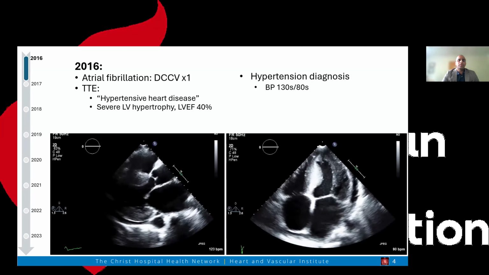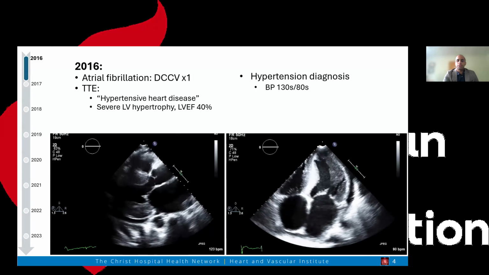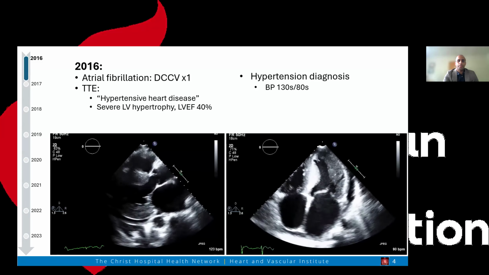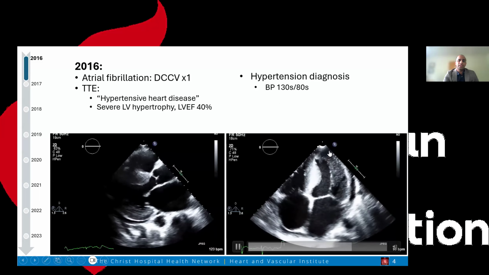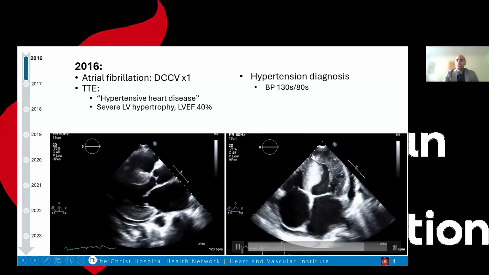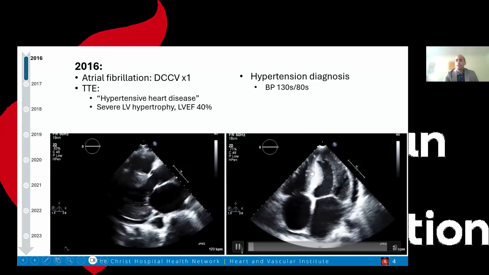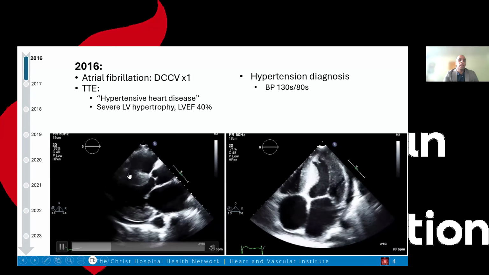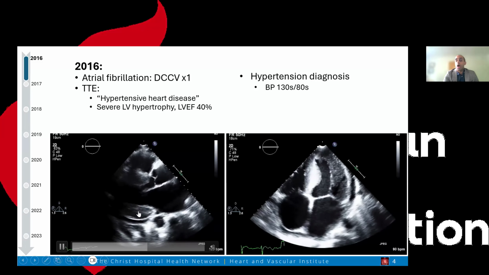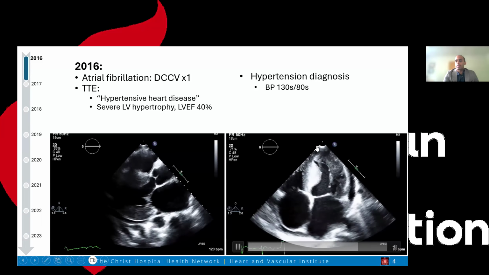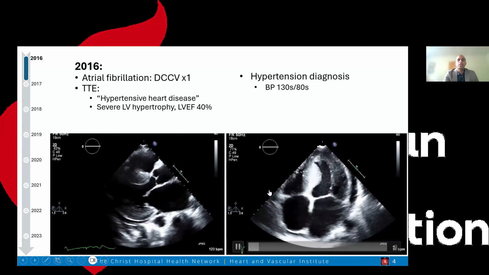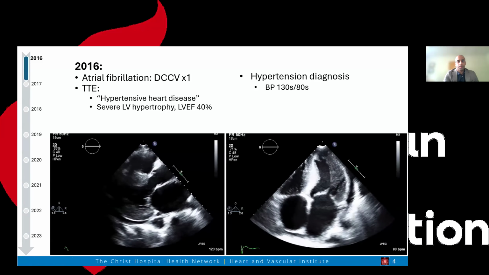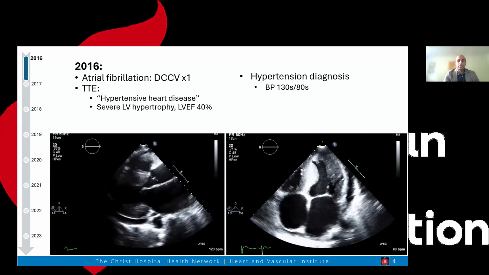But at this point, this is what this diagnosis was called, and she was followed up in cardiology clinic. As you can see here, though, this isn't characteristic. This severe degree of hypertrophy is really severe and much more out of proportion for what you expect for someone who is hypertensive and relatively young in age. In addition, there's an effusion and other features that would make you think about a restrictive cardiomyopathy, but it was labeled as hypertensive cardiomyopathy at this point.